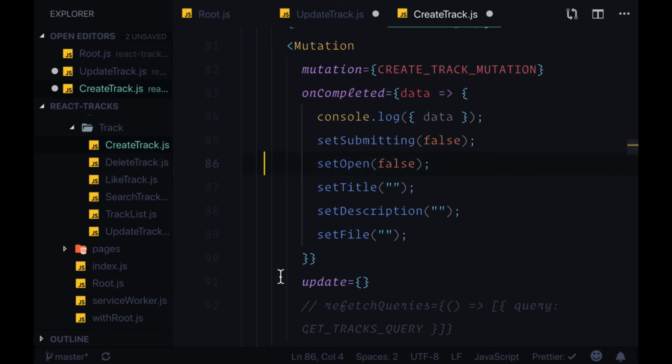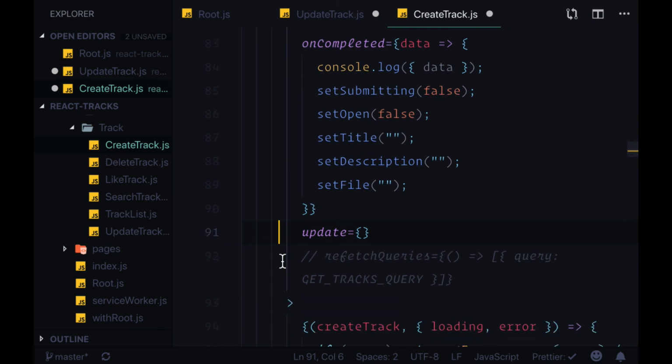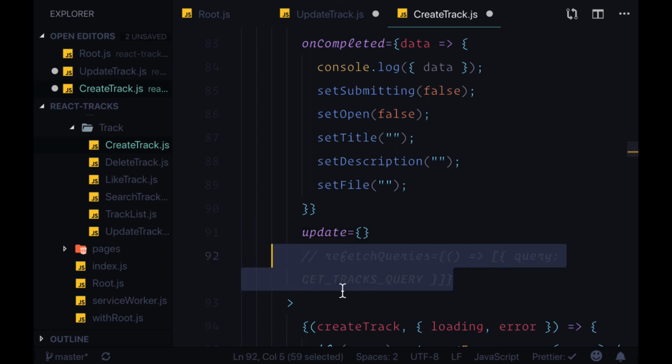For basically any part of our app where we need to delete or add items to a list, we're going to need to use the update function in response to a successful mutation in order to update our UI with that new data. So update is a great option because instead of making another network request or multiple network requests with RefetchQueries,